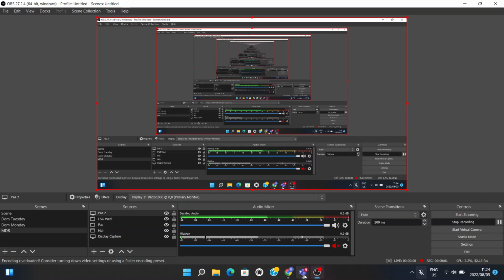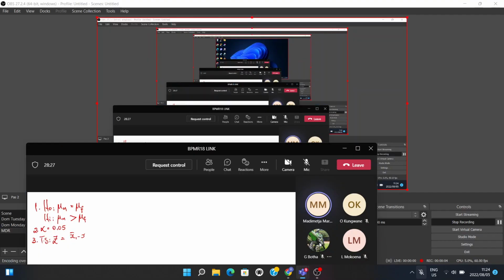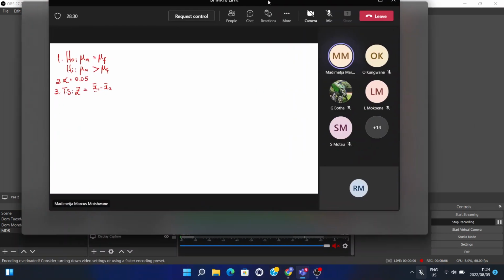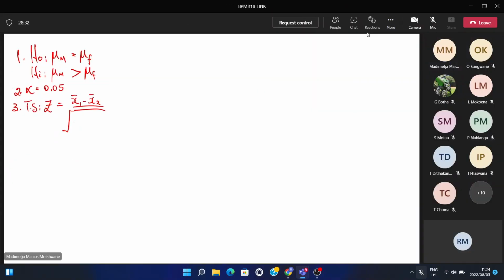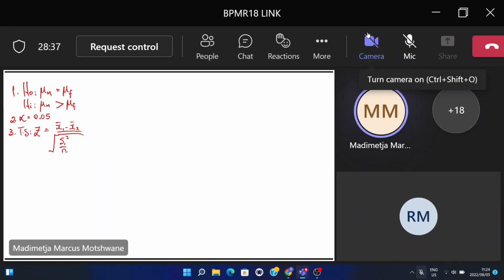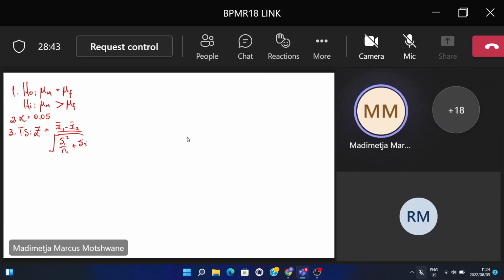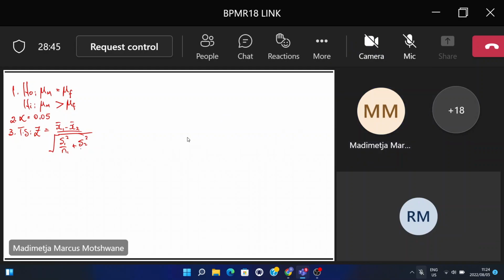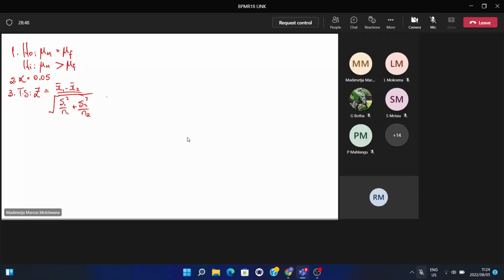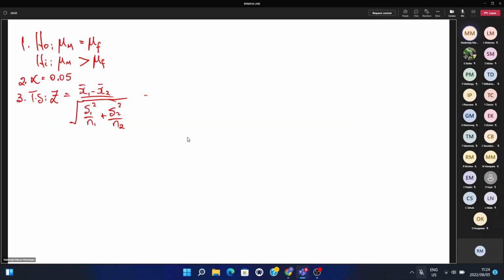The test statistic is x bar 1 minus x bar 2 over the root of S1 squared over N1 plus S2 squared over N2. So if we substitute, it will be 69 minus 65 all over the square root of